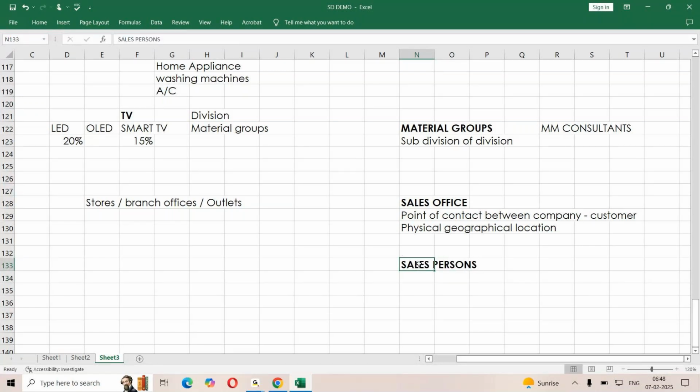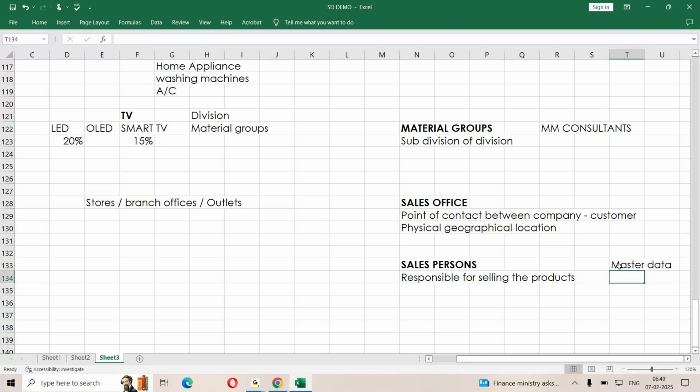Now you're going to have different people working in an office in different departments. I'm talking about salespersons over here who will be responsible for selling the products. They don't do anything else. They take care of sales. Okay. Now, this is an example of your master data.